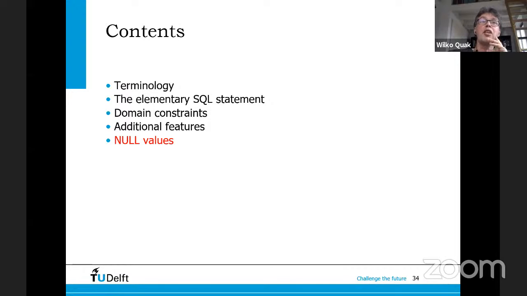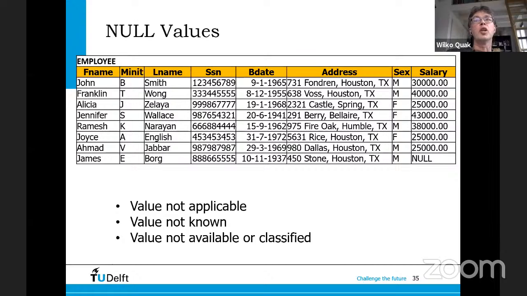And then there's a thing called null values. We discussed it a bit in the UML modeling, but in SQL it's also quite important. So what do you have? Well, if you have a database, sometimes you have a value in the database and you just don't know the value, or the value is not applicable, or the value is not available or classified, or there are always reasons enough to